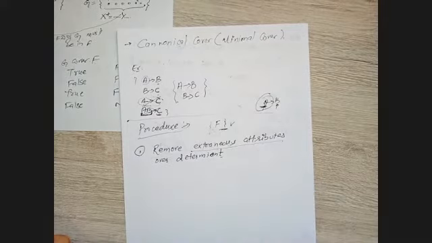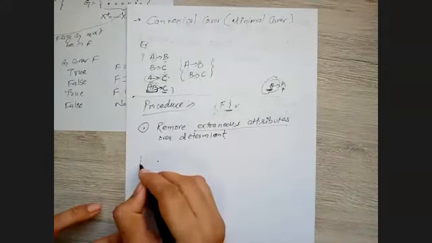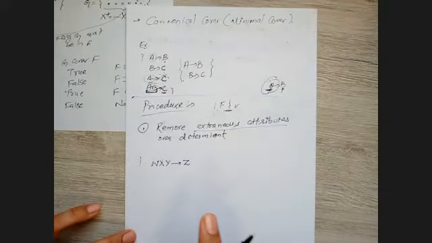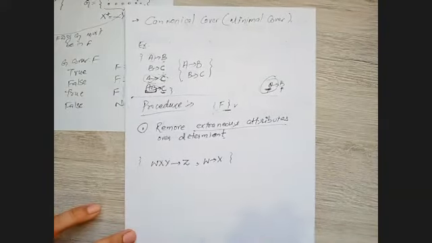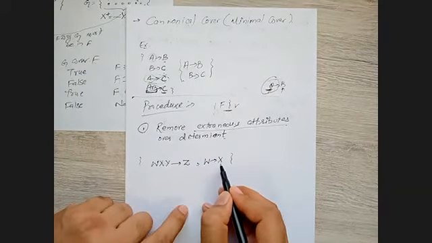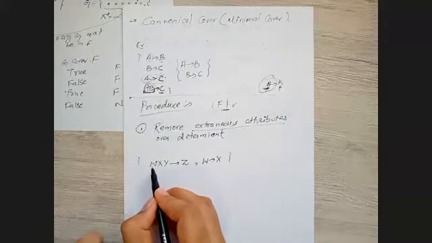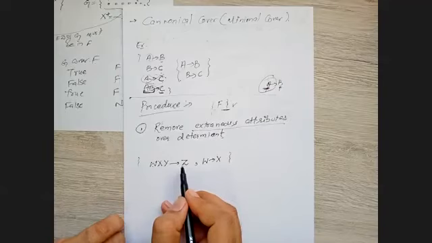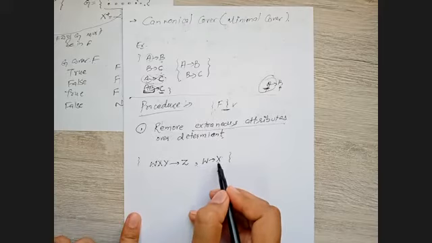Now everyone pay attention, because this is important. For example, say some functional dependencies are WXY determines Z, and the other is W determines X. It means if I'm given the value of W, I can tell the value of X. And the first one says if I give you the values of W, X, and Y, you can tell me the value of Z. But the thing is, in this scenario we already have W and X over here.